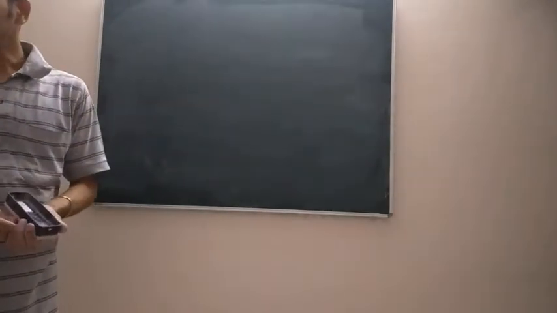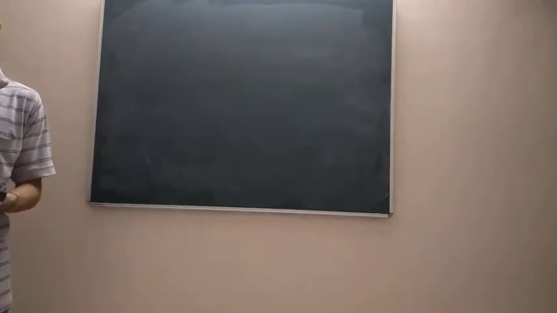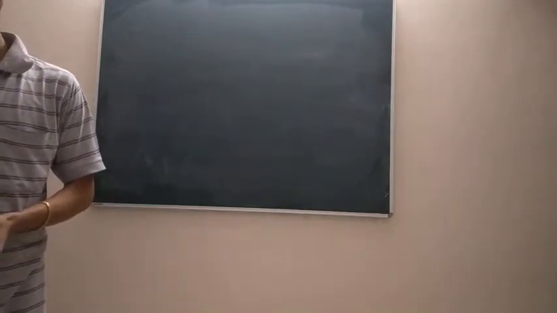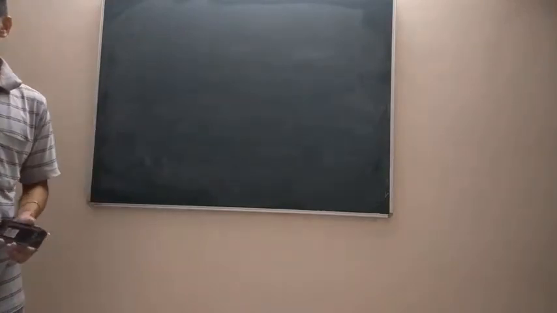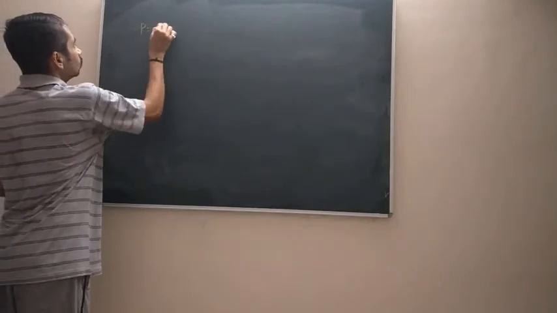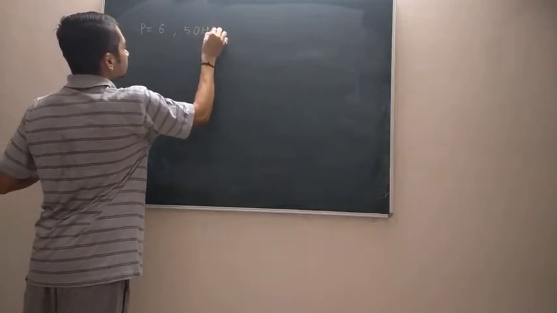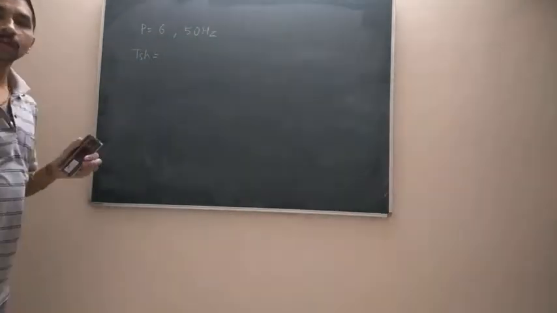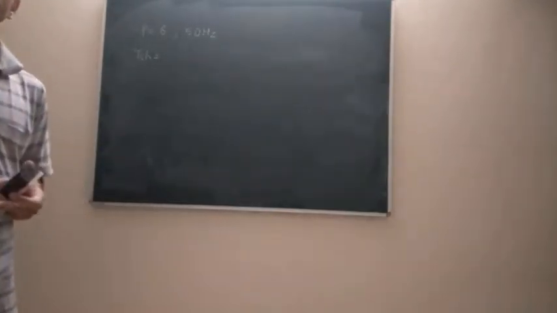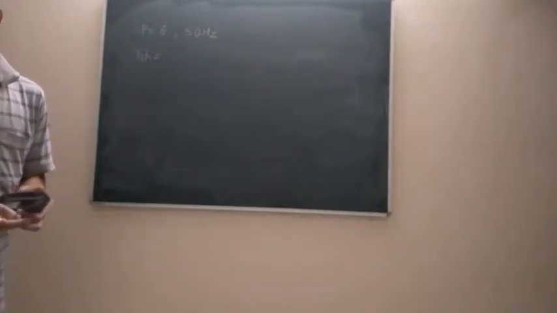Now this next numerical I have taken from the summer 2014 question paper, question number 3A. What have they given in this numerical? A 6-pole 50 Hz 3-phase induction motor running on full load develops a useful torque of 150 Newton meter at rotor frequency. So the number of poles is 6 once again. Frequency is 50 Hz. The motor is developing a useful torque. Now you have to be comfortable with this terminology. Useful torque means it is the shaft torque. So it is developing a shaft torque of 150 Newton meter.